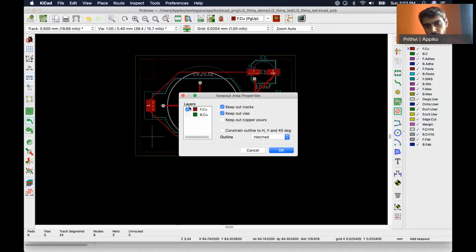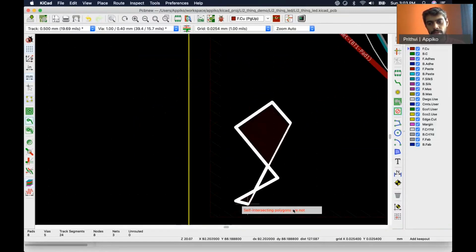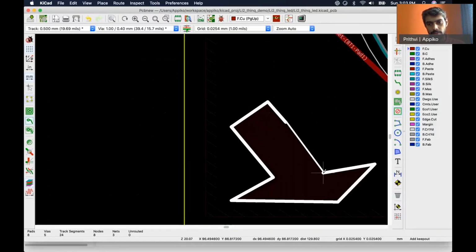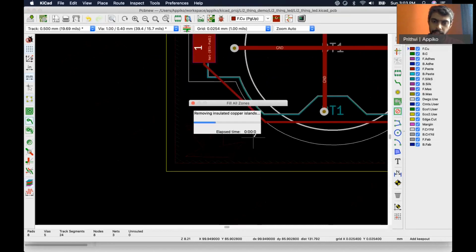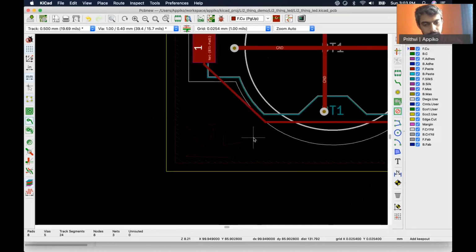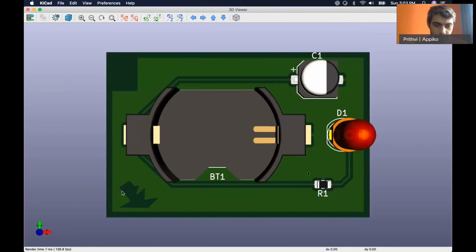If we put it only on the front, we keep our copper on the back. So if this is the keep out area and I am clicking B to refill the area again, you can see the design here. The copper area is removed from this keep out area.